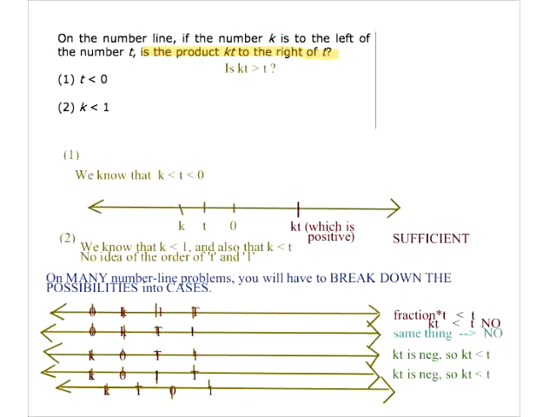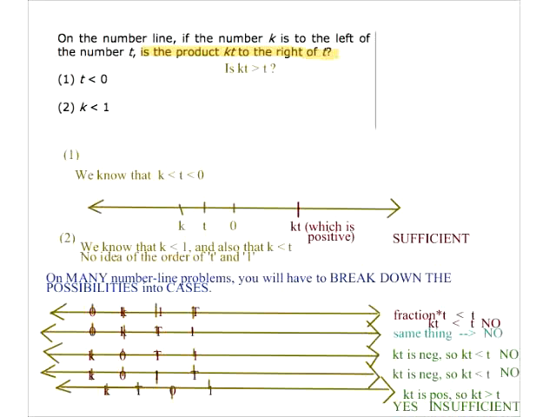These are all still no's to the question. But then in this case, kt is positive, so kt is greater than t. So that's a yes. There you go. Insufficient. So the answer to the problem is